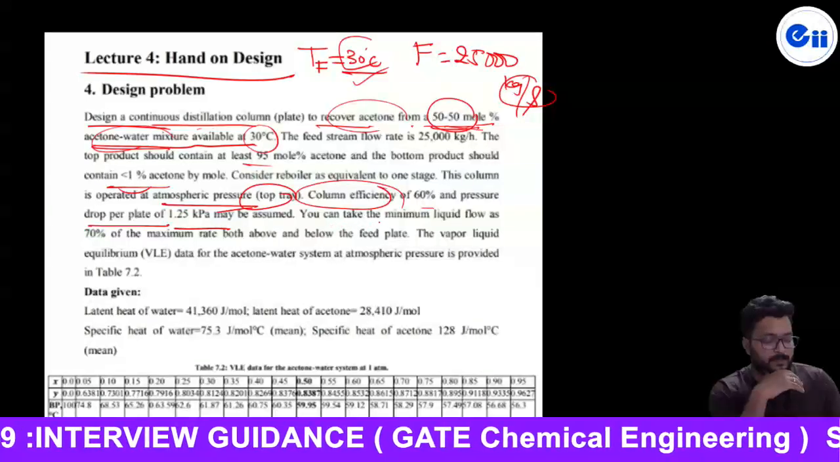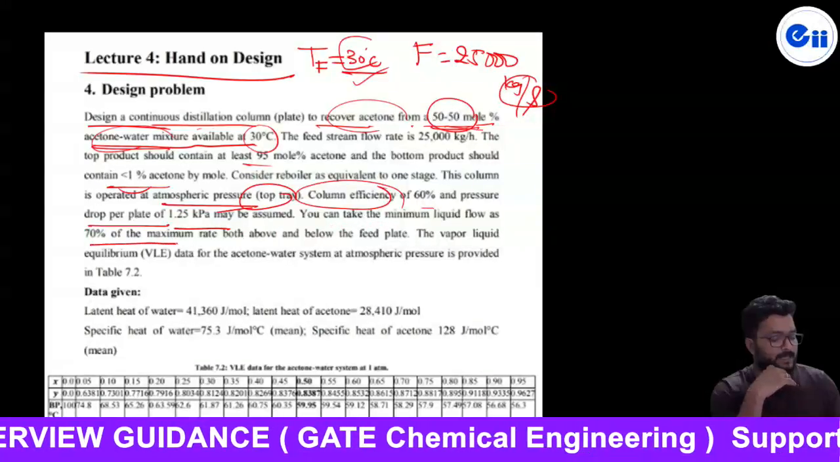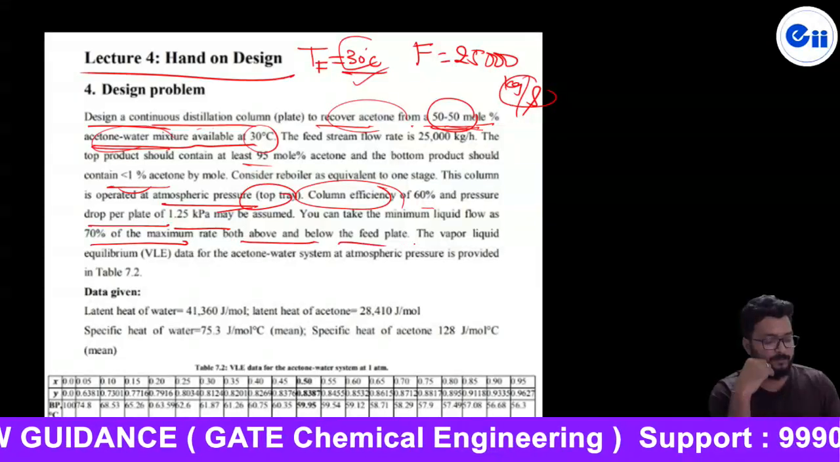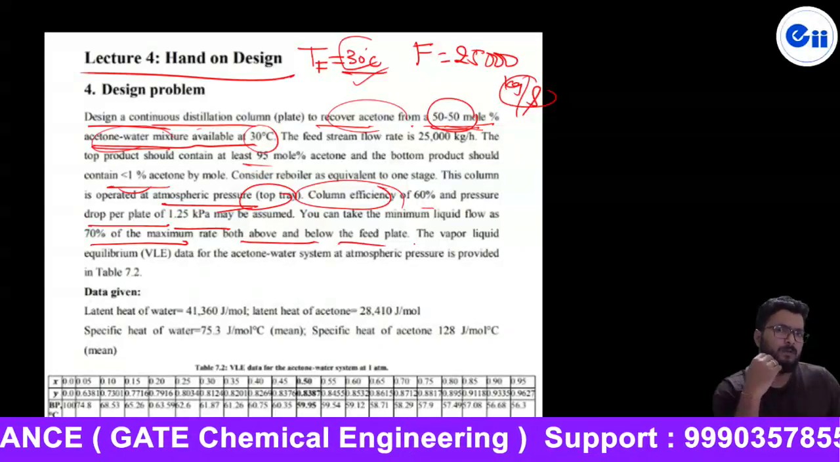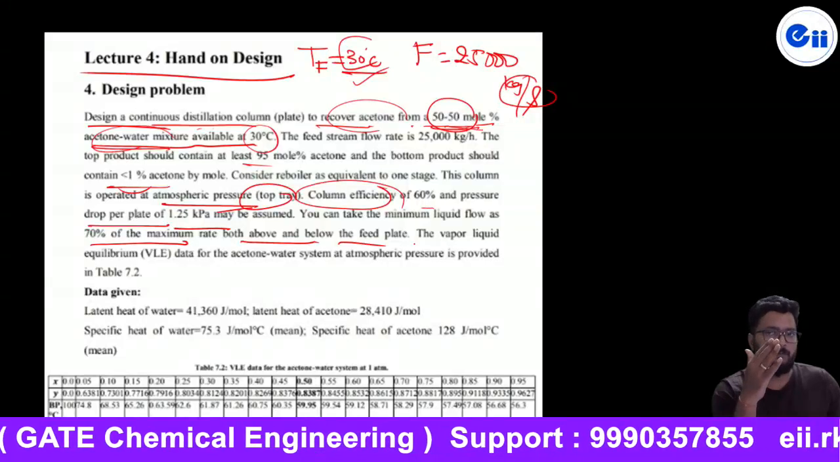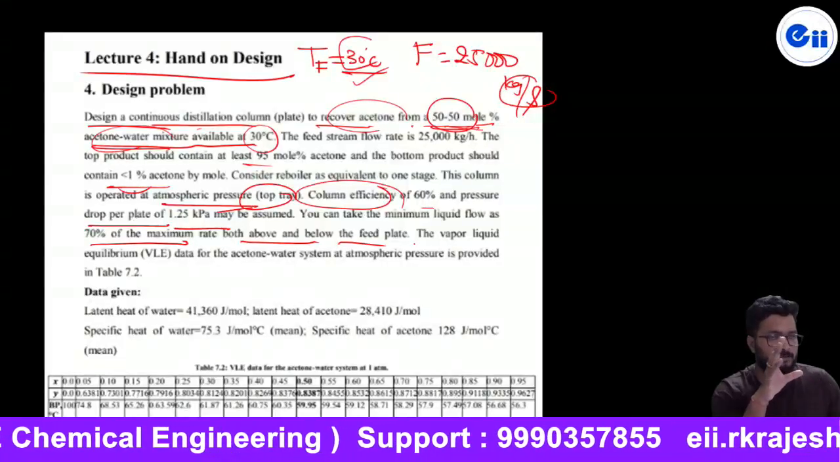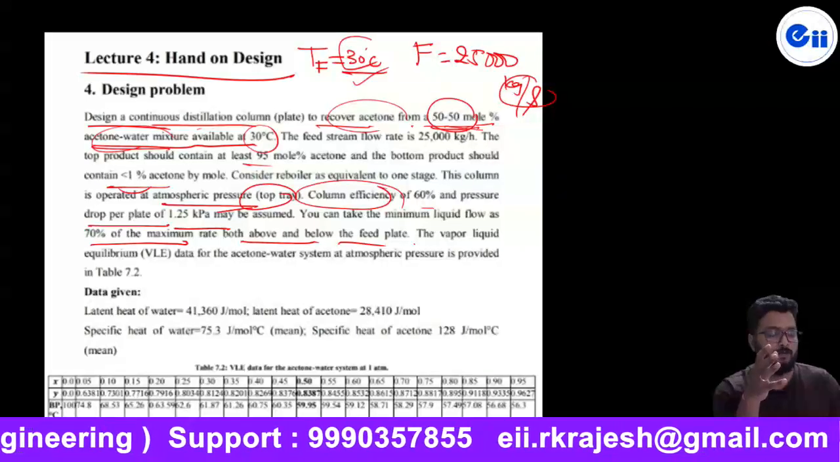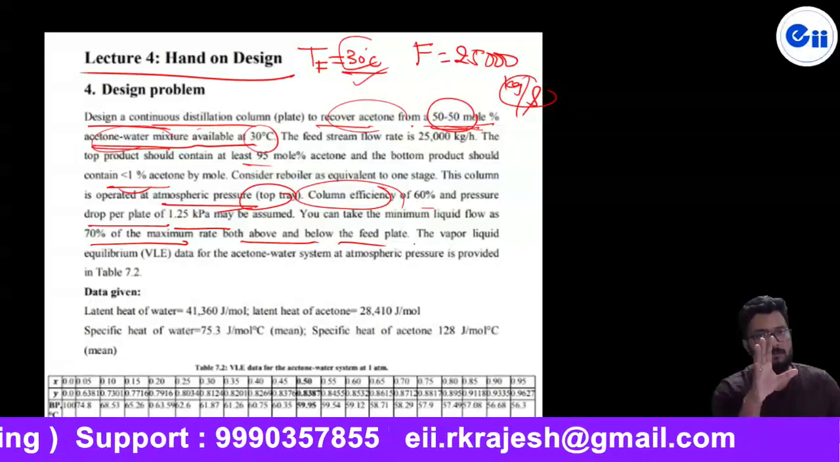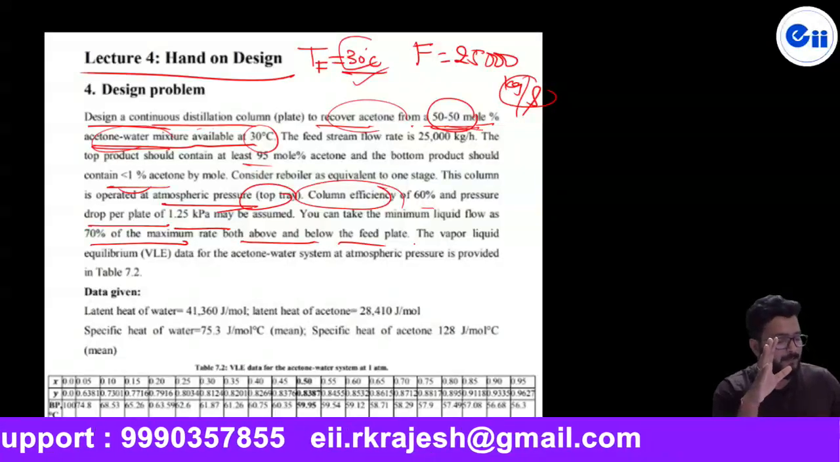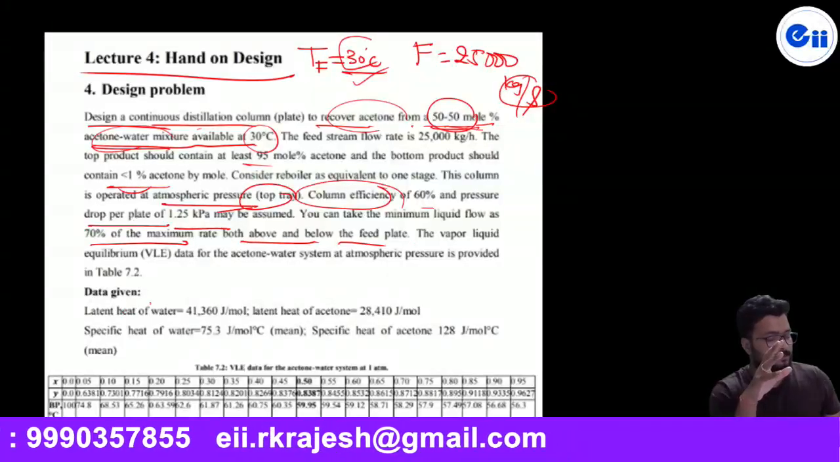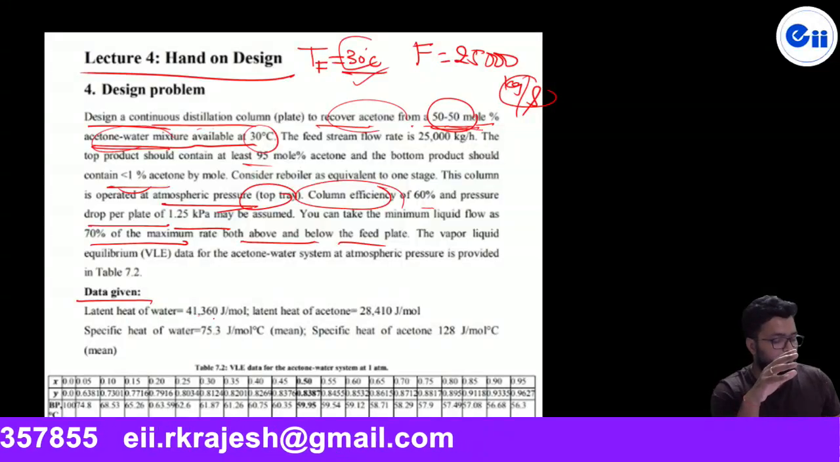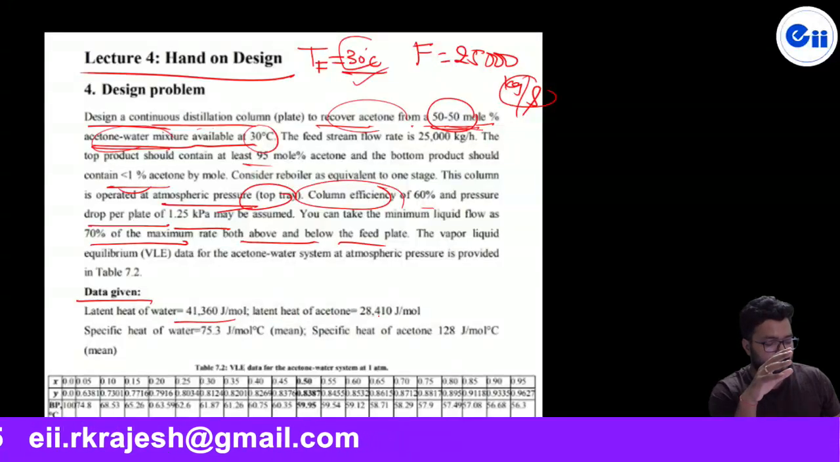Now you can take the minimum liquid flow rate as 70% of the maximum rate, both above and below the feed point. Above the feed point is the rectifying section, and below the feed point is the stripping section. In both conditions, the minimum liquid flow rate should be 70%, not less. The vapor-liquid equilibrium data is given here, and the following data is also given: the latent heat of pure water and the latent heat of acetone,